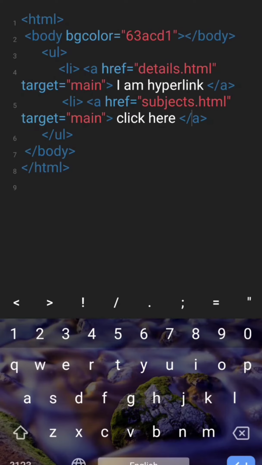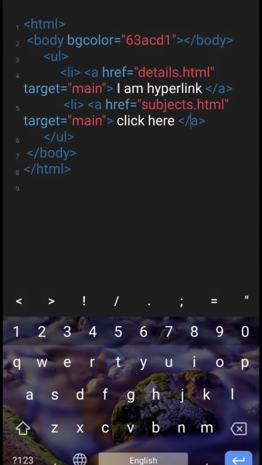I have not created this subjects.html file. We will check what happens if you use a file which is not existing. Let me run it. See, the color whichever we have provided for the BG color is there. Now we can see there are 2 list items in the form of hyperlinks. If I open the first one, see, this details.html file is opening.